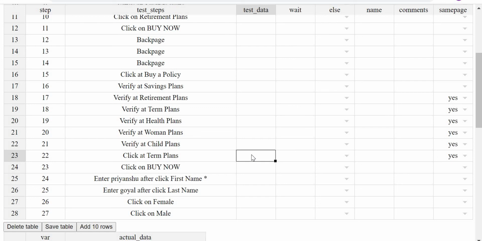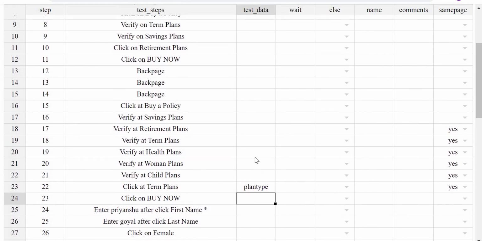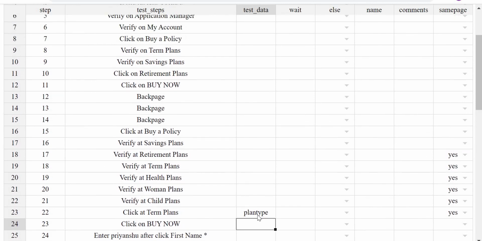Over here, I'll assign some variable, plan type. Yeah. So instead of clicking on term plans, it will click at whatever I'll fill in over here in the plan type. This is our test data. In the test data column, we have assigned a variable.